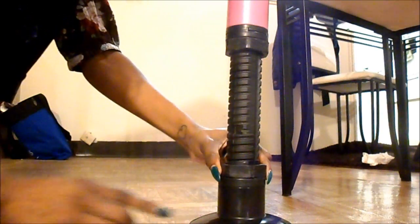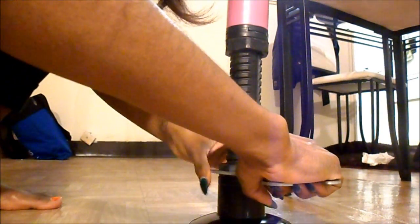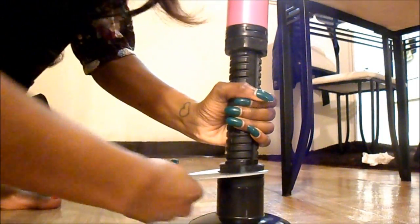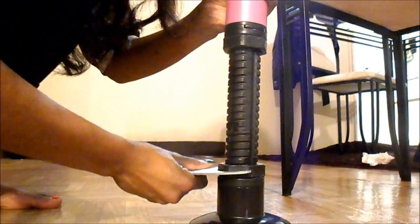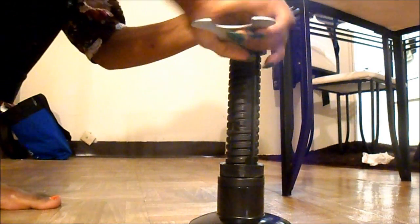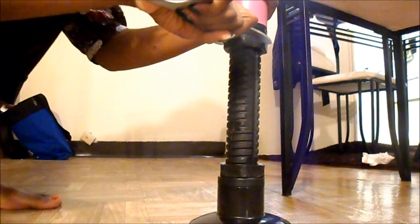Okay, once I screwed that part up to the top and this to the bottom, I basically just want to tighten it with the tool that they gave me, and I just want to keep tightening until I feel like the pole is tight enough to the floor, or until it stops, however tight you want your pole to be,